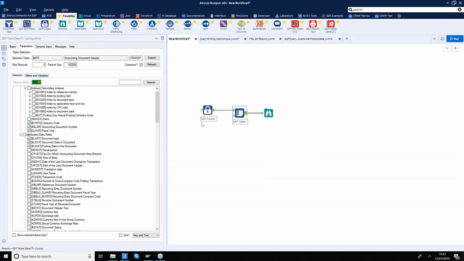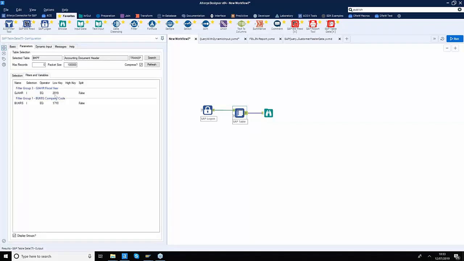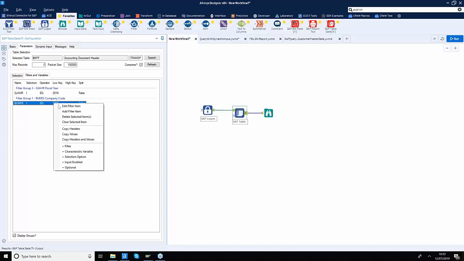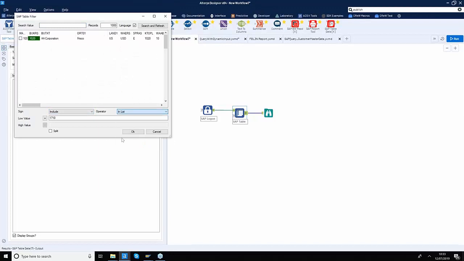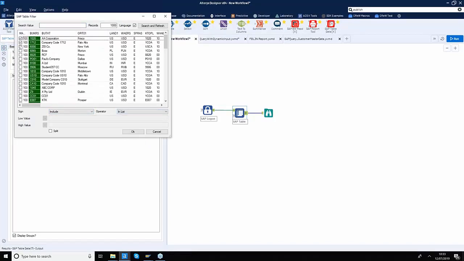Similarly, you can apply dynamic input into this tool, and you can also apply split options as well. So for example, instead of just saying one company code at a time, if I want to get data from multiple company codes, I can simply do the following. I can say in list, and I have multiple company codes in mind that I want to get data for.